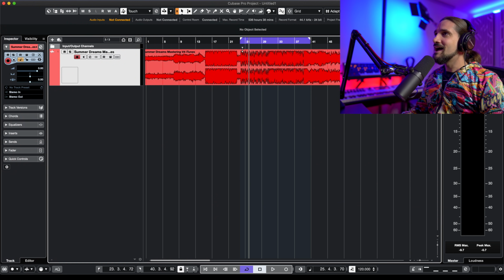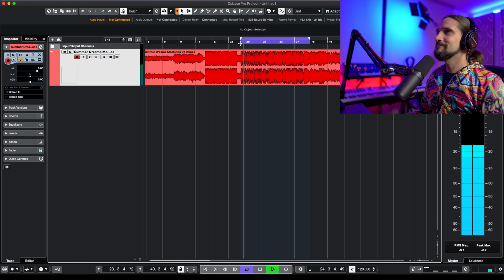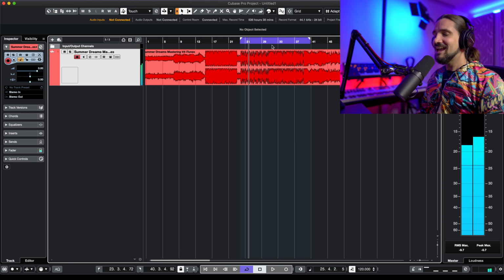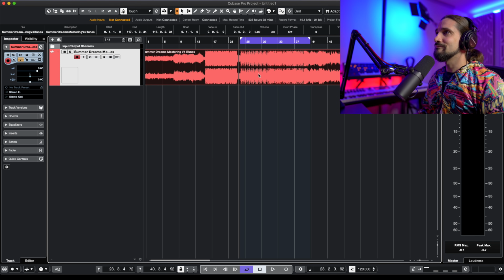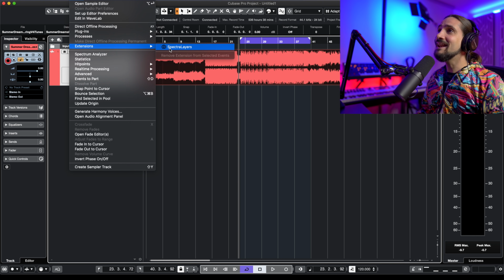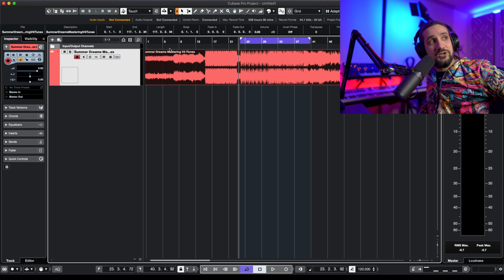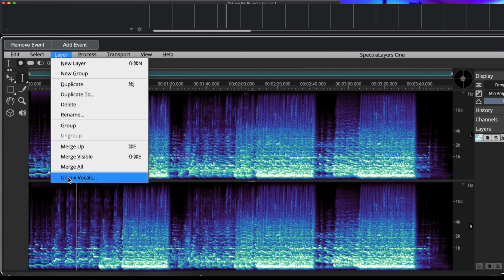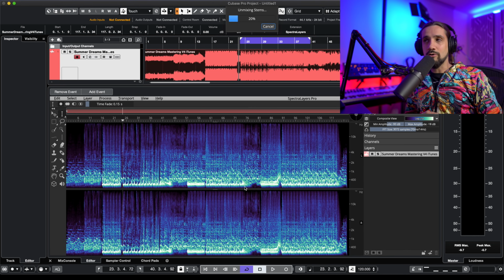It's true. Let me show you. I have this, an old single of mine, Open Your Eyes, and let's say I want to create a remix. Let me show you how you do this. You select your audio, you go to audio, you go extensions, and then you select spectral layers. Spectral layers 1 is part of Cubase now. The way you do this is you go layer, unmix vocals. Click OK. And now spectral layers 1 is analyzing the audio